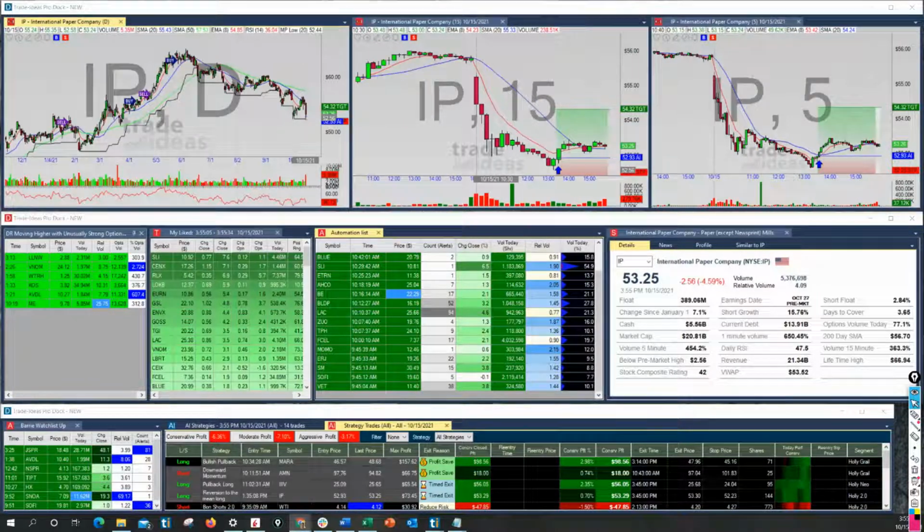All right, so we got those in there. 3:55, moving into the close for the week. Take a look at my evening scan real fast as it comes into the close. And for those that don't know, my evening scan,